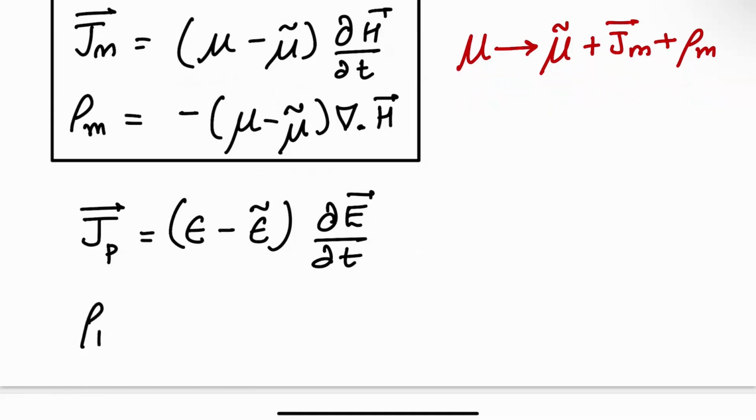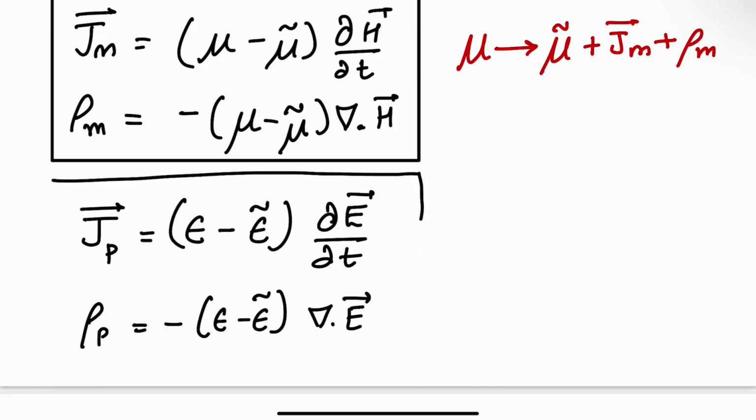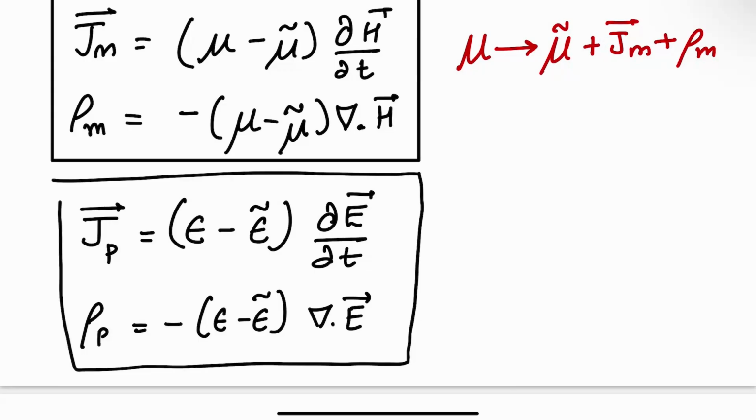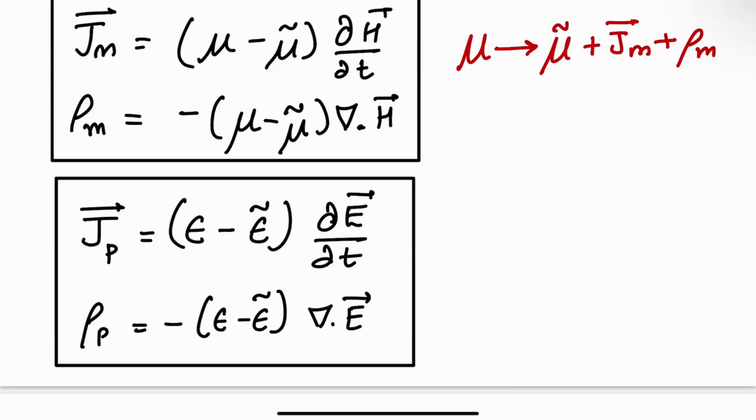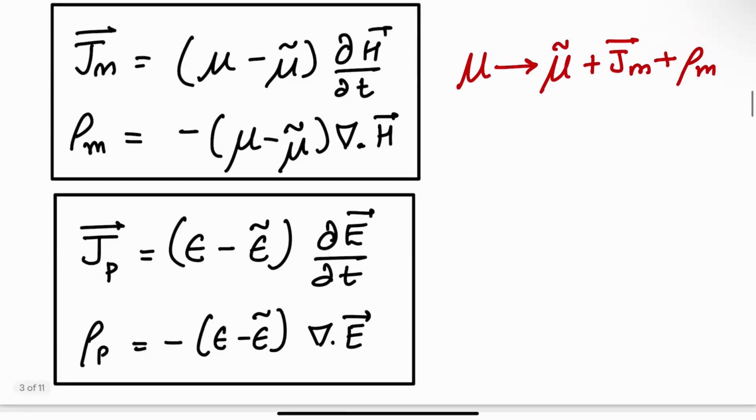And similarly, rho_p equal to minus of epsilon minus epsilon tilde times the divergence of E. Okay. So here what we've done is we have taken epsilon and replaced it with epsilon tilde plus polarization currents